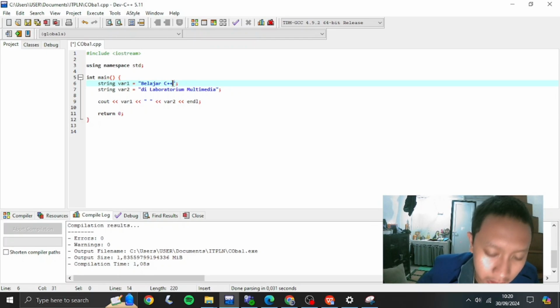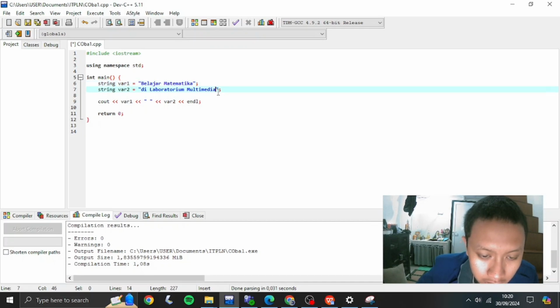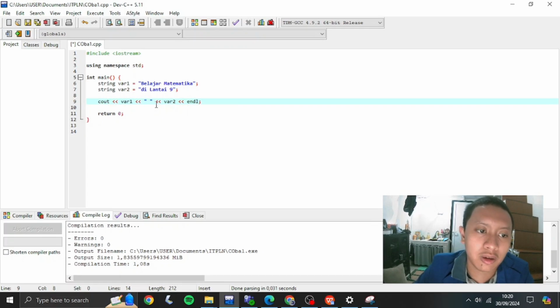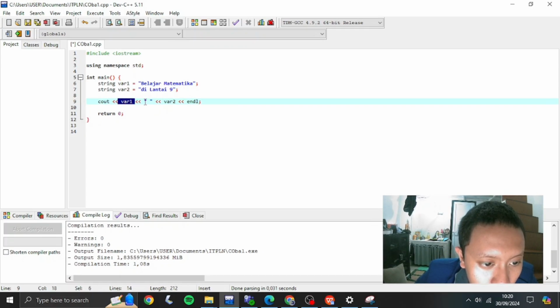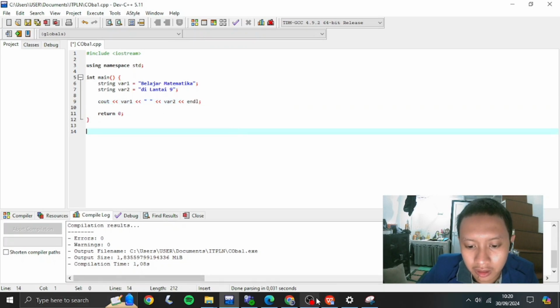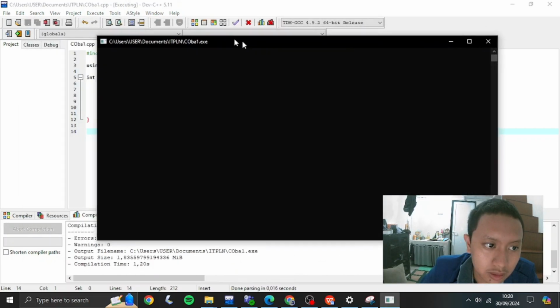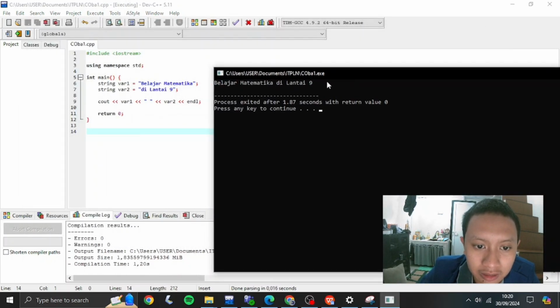You can change it to belajar matematika di lantai 9. And for the cout cover, or maybe print, it contains variable 1 merged with variable 2 and the L, and there you have it. You got the words, belajar matematika di lantai 9.